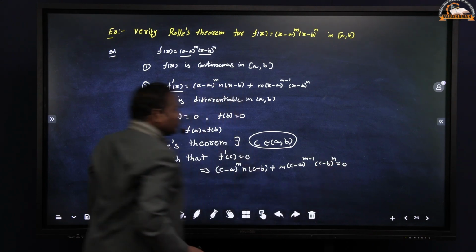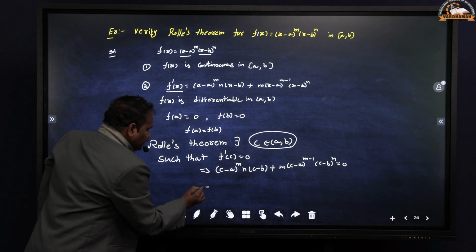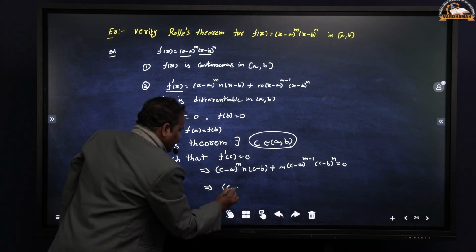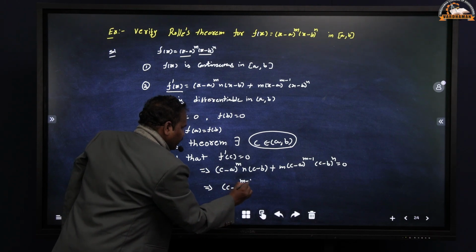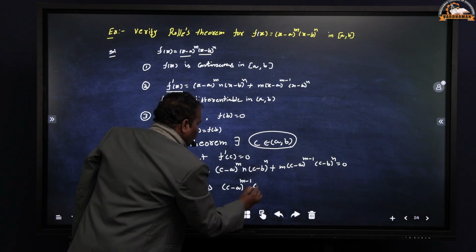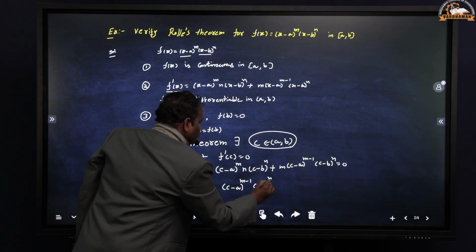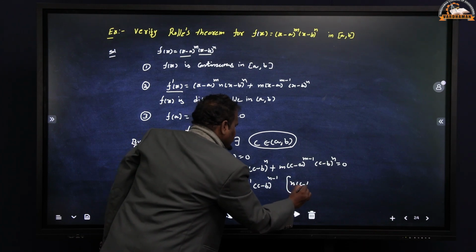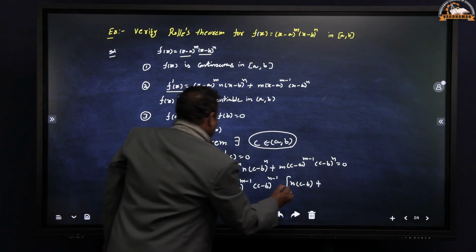Value is equal to 0. That implies, take out the common term. In this one, the common term is (c minus a) whole power m minus 1. And here (c minus b) whole power n minus 1. Then the remaining one is n into (c minus b) plus, here this one is,